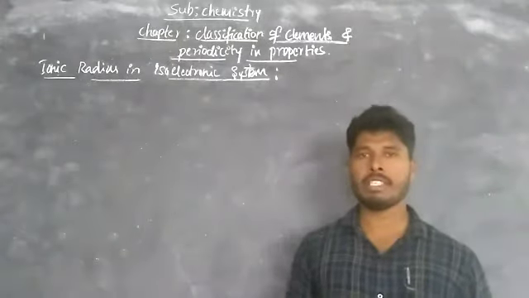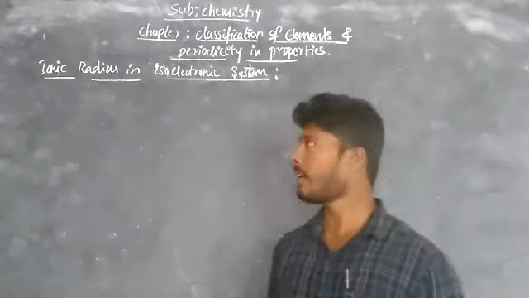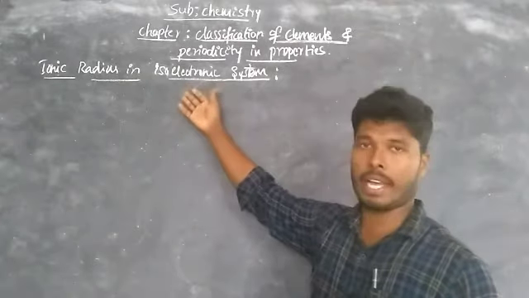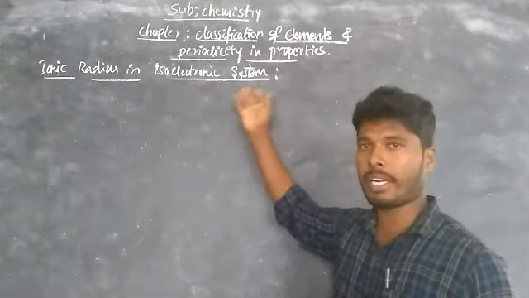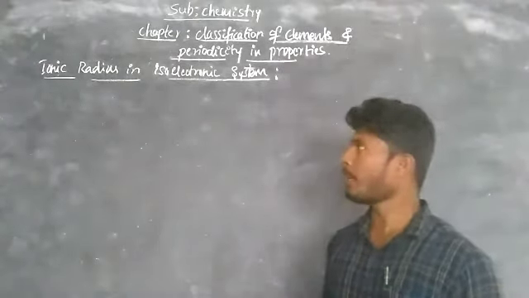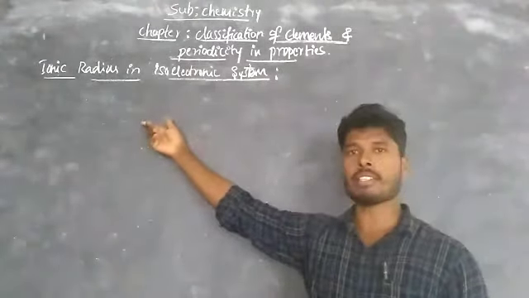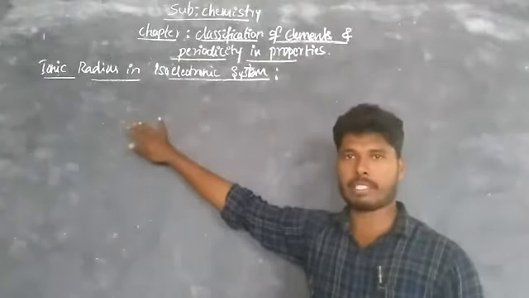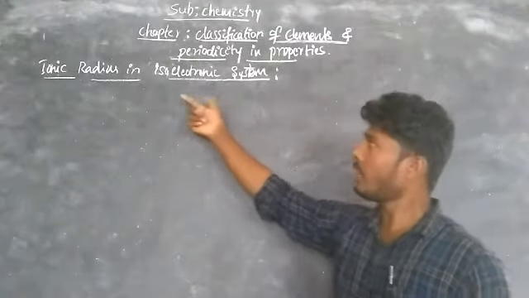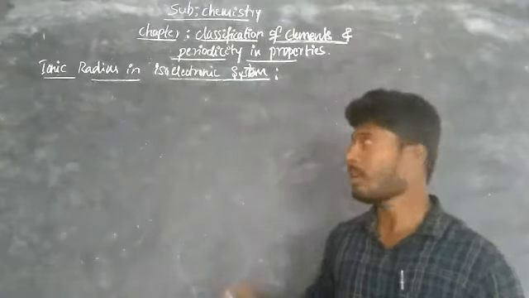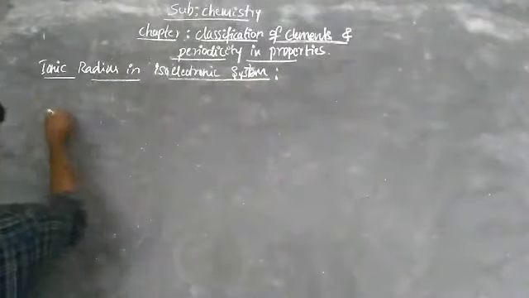Good morning, students. In this session, we are learning ionic radii, or ionic radius, in isoelectronic systems. In the previous video, we learned about ionic radius in cationic species and anionic species. Now we are studying ionic radius in isoelectronic systems. Isoelectronic means